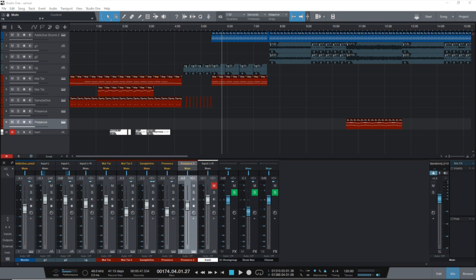This is Studio One Pro. I bought it when it was version 1, so it was like $500. I've upgraded it once from version 1 to version 3. Version 4 is out, but I don't want to up my version of the studio program yet because I don't want to lose